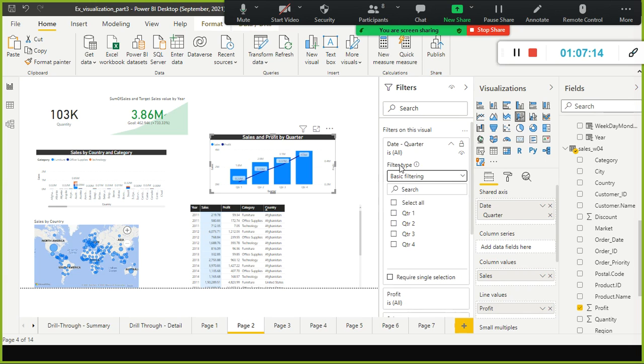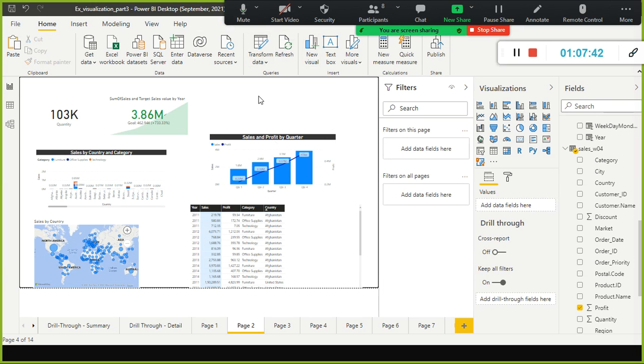So we'll start with the simple thing, basic filtering, quarter 1, any specific thing. Whatever filter you apply on this visual, it will be applicable only to this one. The rest of the visuals will not get refreshed. This is local to this visual, that's all. This filter is local to this visual because you have selected this visual and then you are applying it to this one only. There are filters on this visual. Now you understood the difference between these 3, right? Okay.